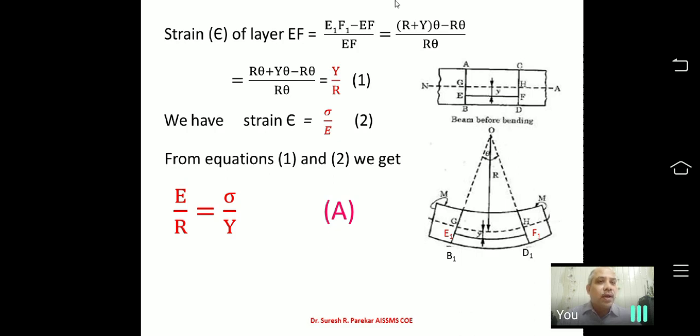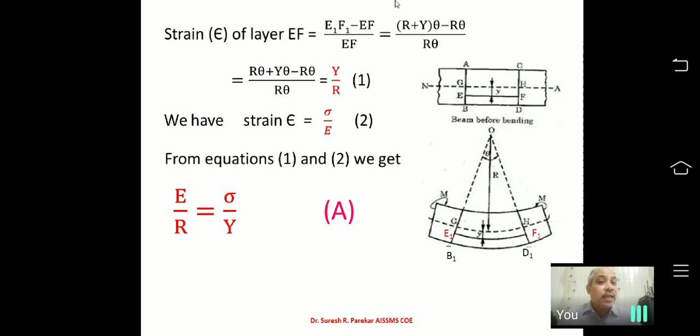That is equal to E1F1 at a distance Y. So what will that length be? We have (R plus Y) into theta. What will be the length of GH? We have R theta. For a circle, if we consider any arc with angle theta subtended by that arc, and R is the radius, then the length is R theta. The same concept is applied here. So we have ((R plus Y) theta minus R theta) upon R theta, and when you solve this, you get Y by R.